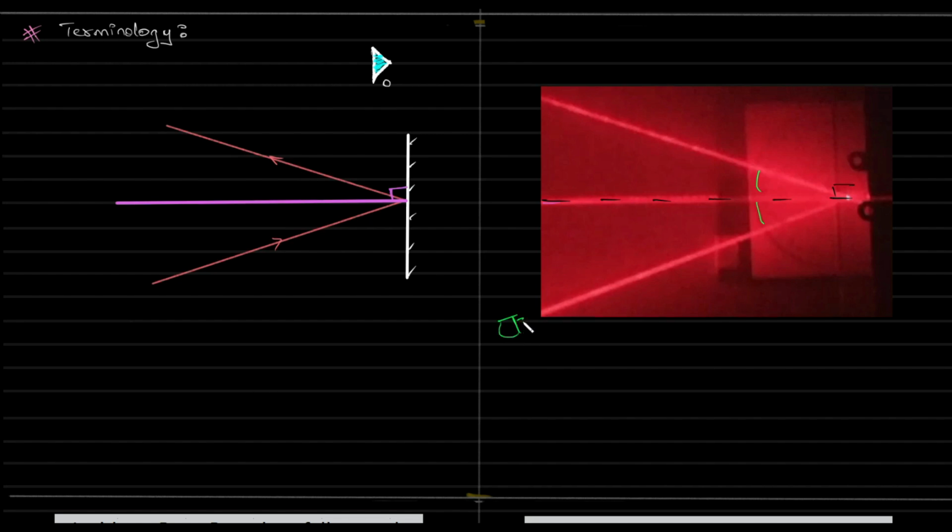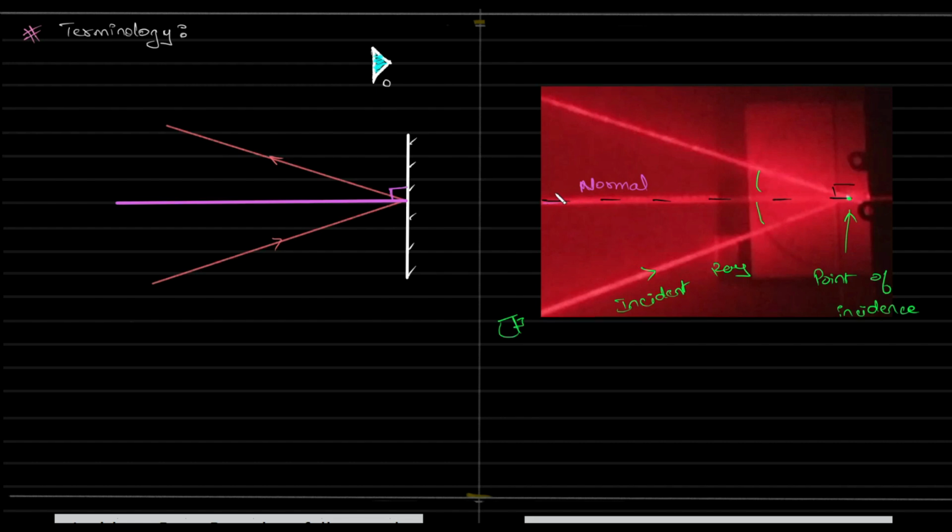So if I happen to keep the laser over here from this end and hit the mirror, this ray, right? This is a ray. This ray is known as the incident ray. Does it make sense? The point where you hit the surface is known as the point of incidence. At this point, if you draw a line perpendicular to the surface, not to the incident ray, this is known as the normal. The name given to this line is normal.